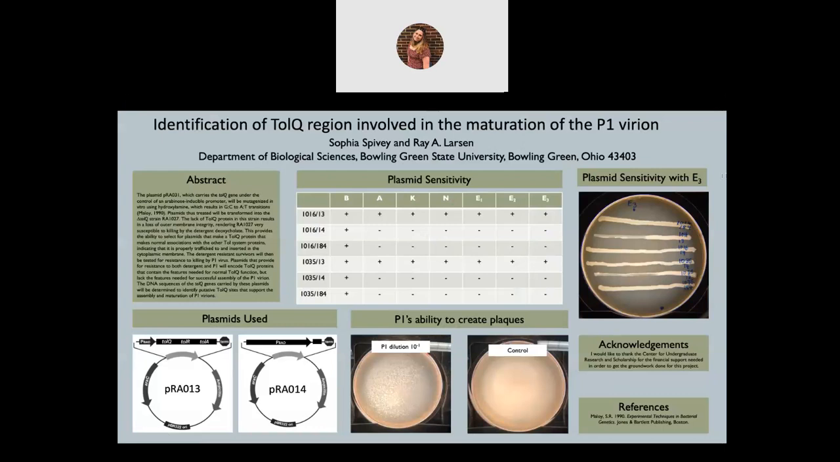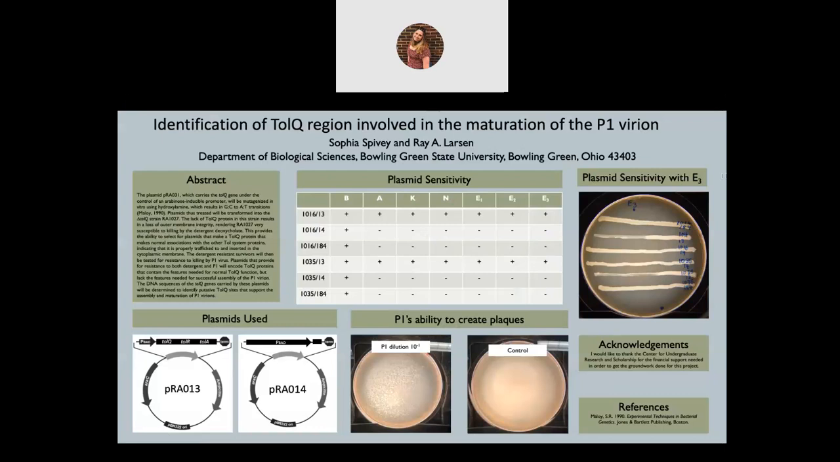The plasmid PRA031, which carries the TolQ gene under the control of an arabinose-inducible promoter, will be mutagenized in vitro using hydroxylamine, which results in GC to AT transitions. Plasmids thus treated will be transformed into delta TolQ strain